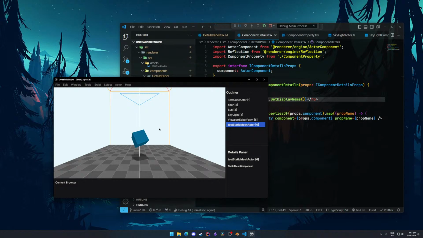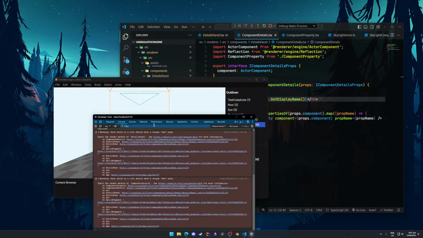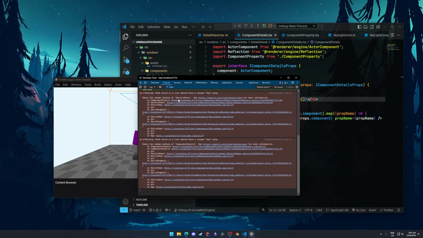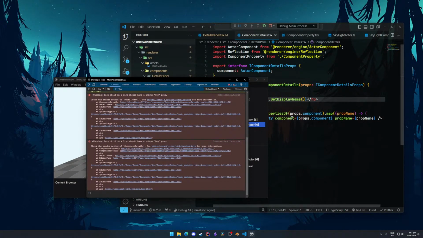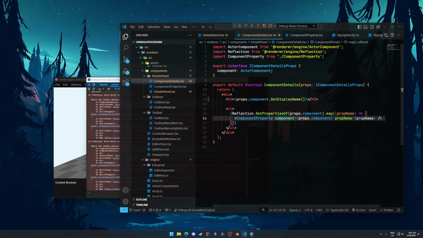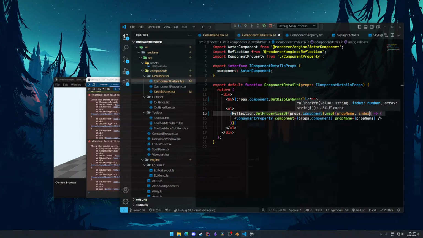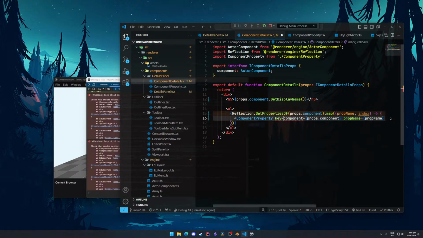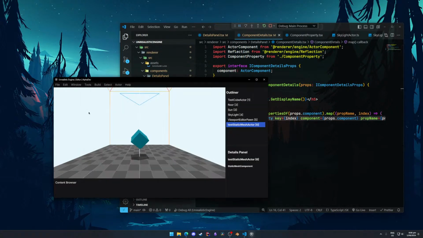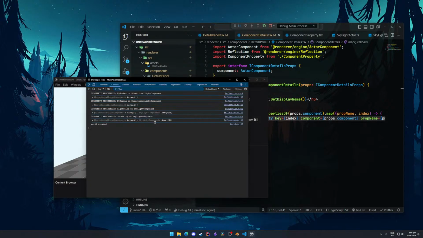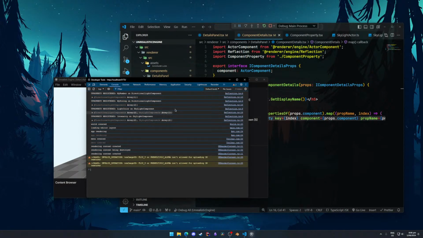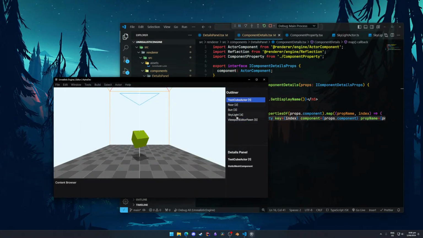Are we getting errors? Yes. Because when I map this, I also want to take in the index and probably just set the key index. Let's see. No other errors. Okay. Maybe that was why this wasn't working. Cool. So